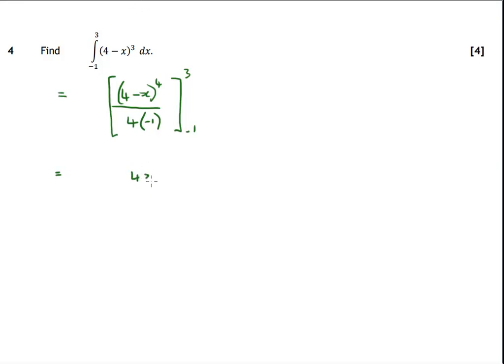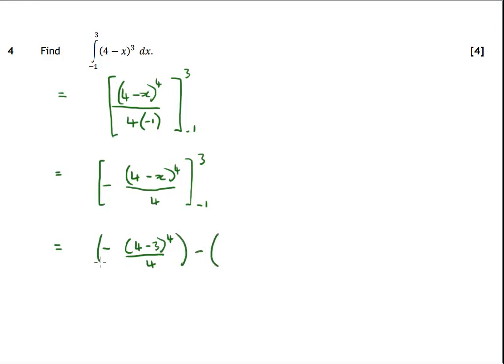So 4 take x to the 4, all divided by 4, and this negative 1 that was on the denominator would make that whole thing negative, and this would be between the limits of negative 1 and 3. So the next step here will be to substitute in the limits. Upper limit first. We're going to have negative 4 take 3 raised to the 4th power over 4